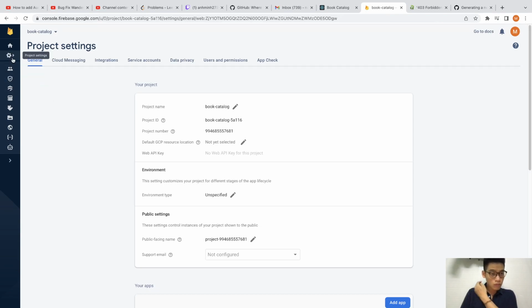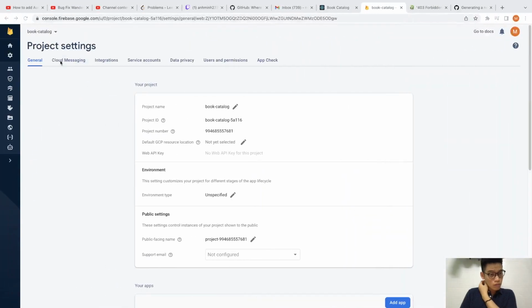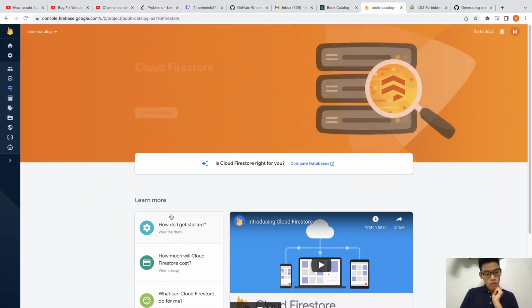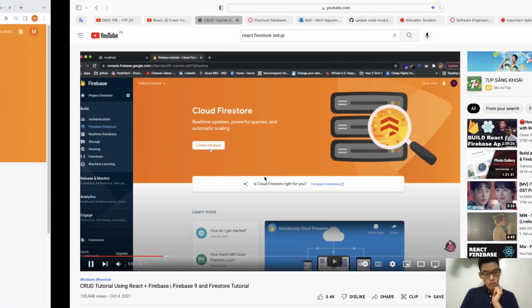In order to do that, we need to actually create our Firestore database. So we click this button over here, Firestore, and then we go to create database,